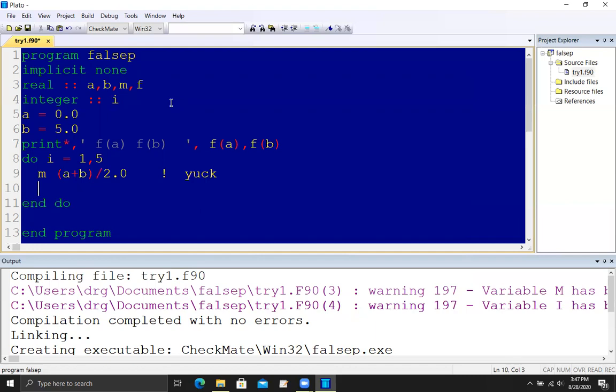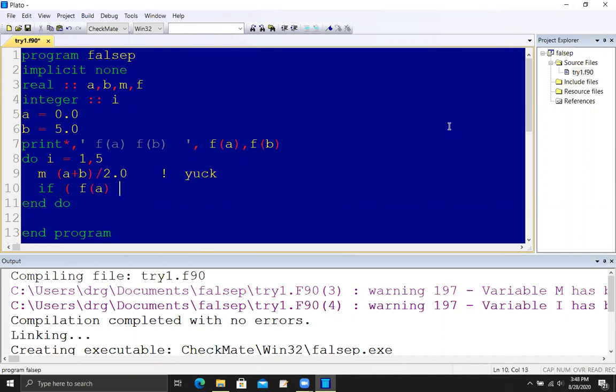So what people who don't know any better often do is to say, okay, look, I'll calculate f of a times f of m, and if that comes up negative, the function has different signs at a and m, so I'll set b equal to m, and if that doesn't happen, I'll set a equal to m. So the way we'll do this in Fortran is if